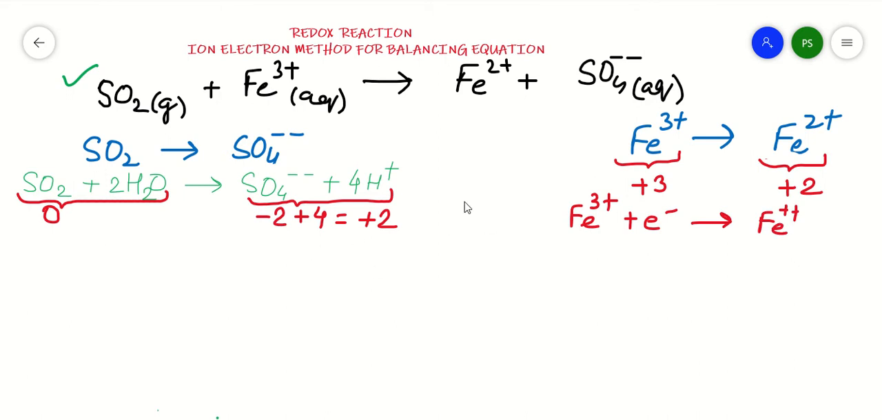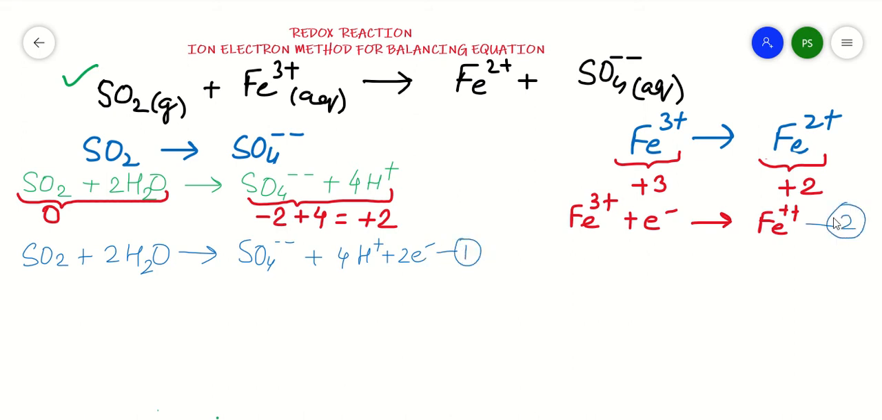Similarly, in the other equation, on the right hand side I have plus 2 charge more, and on the left hand side there is 0. So SO2 remains like this plus 2H2O, and it will give me SO4 minus 2 plus 4 hydrogen ions plus 2 electrons. In both equations, the charges are now balanced. This is equation number 1 and this is equation number 2. Now I need to add both equations in such a way that the electrons are cancelled. For that I will multiply equation number 1